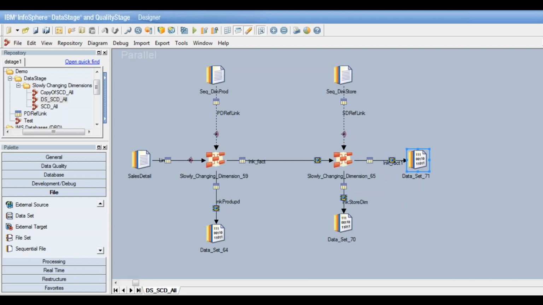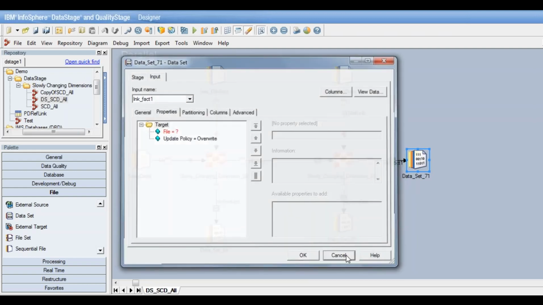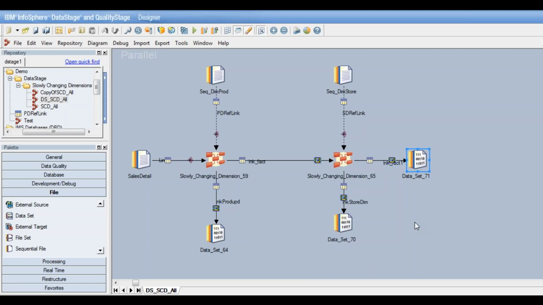Okay, so if you wanted to create a proper surrogate key, you would still need factual detailed information to be able to create those surrogate links though, wouldn't you? So surrogate keys for the dimension tables, they'll be generated through this stage itself. So that is the advantage. If you just want to update a dimension, then this is a pretty useful stage for doing that. Then you'll have a separate job for updating a fact table. So in that case, you need to perform the lookups again on the dimension tables to extract the appropriate surrogate key.